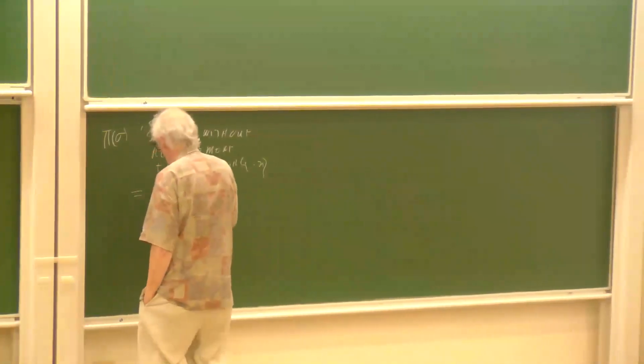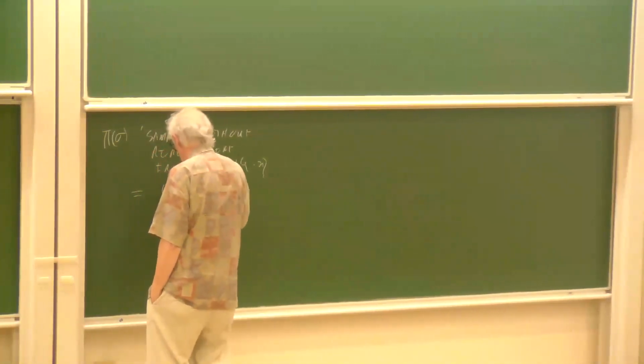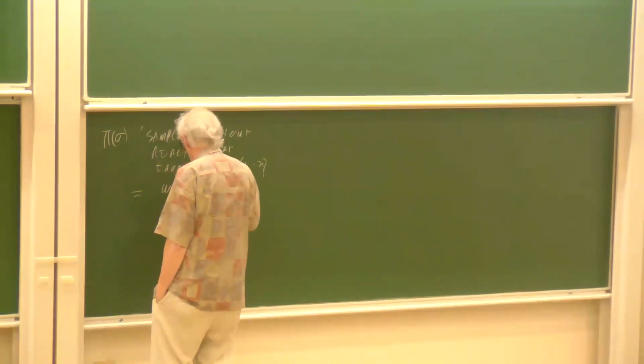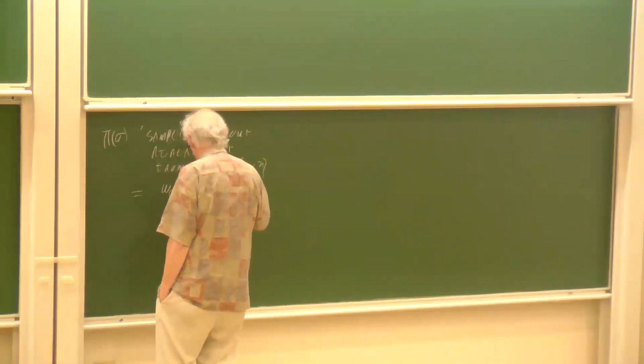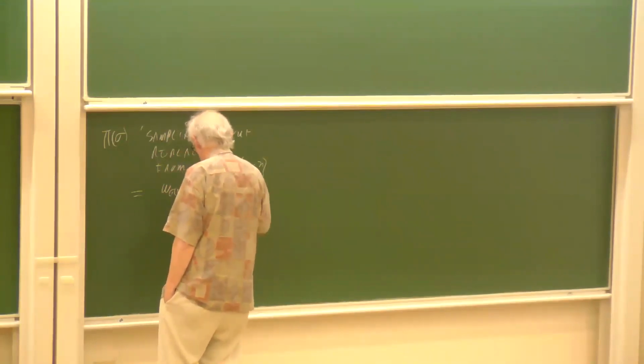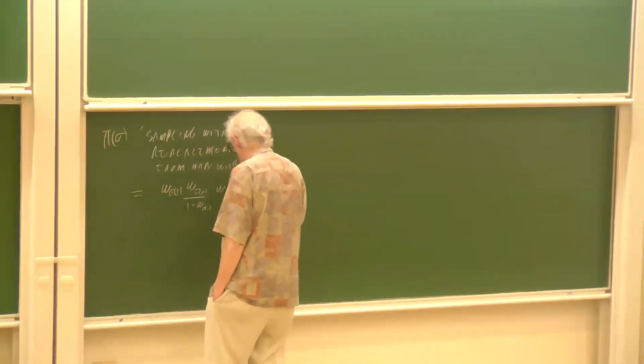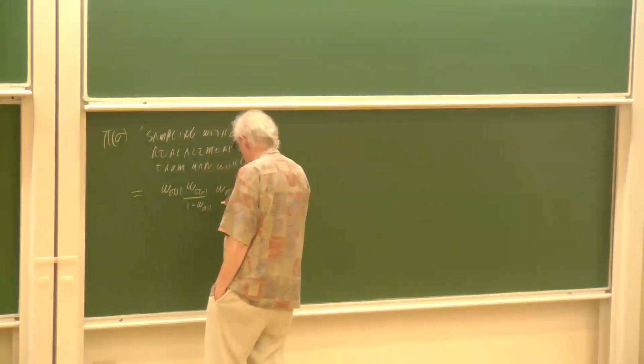So you can write it down. This is equal to W of sigma 1 times W of sigma 2 over 1 minus W of sigma 1 times W of sigma 3, the chance of getting